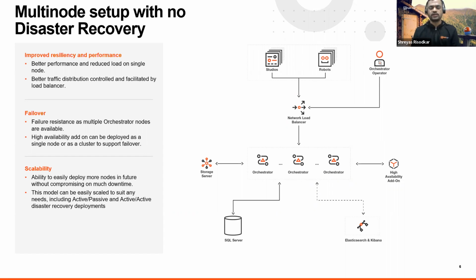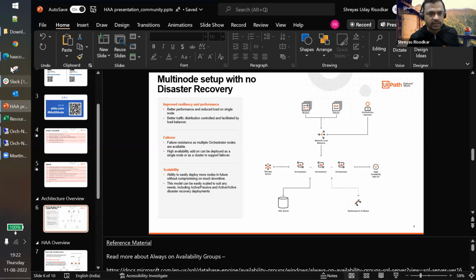For a centralized storage scenario, you can either use a file system that is shared and accessible across all your web orchestrator nodes, or you can go for Azure or AWS based storage provider options. For this demo, we are going to use an Azure Blob option that is accessible from all web orchestrator nodes. So let me quickly show you the configuration that I have done for